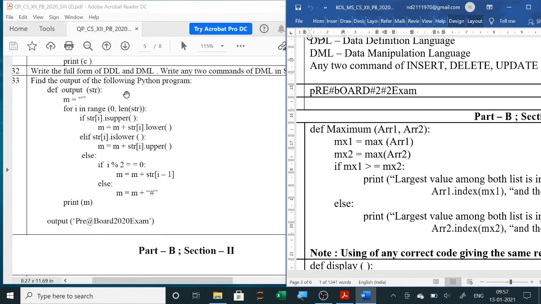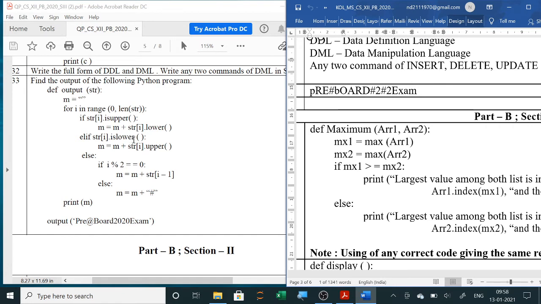Next, find the output of the following Python program. So this is given to you, pre-board 2020 exam. Now the output of this will be: M is empty, I in range 0 to len of string, if string of I is upper, if it is a capital letter, then it is making it small.